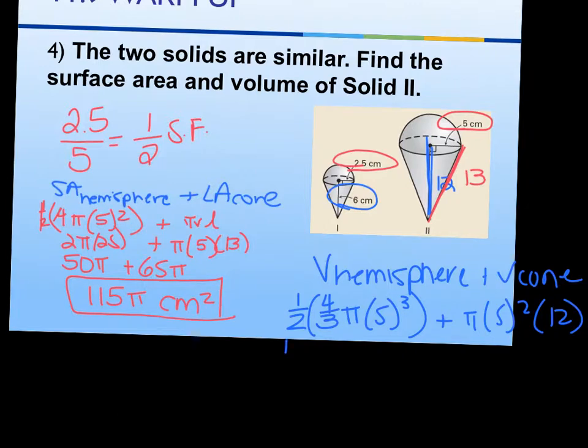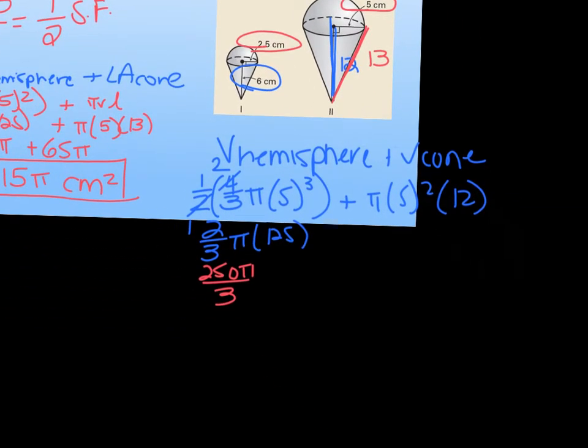So this is 1/2, well, I can simplify this, 1/2 and 4, this goes 2 times, so 2/3 pi times 125. And 3 doesn't go into 125, so I'd multiply that out, I get 250 pi over 3. That's the volume of the hemisphere. And then the volume of the cone, pi times 25 times 12, which is 300